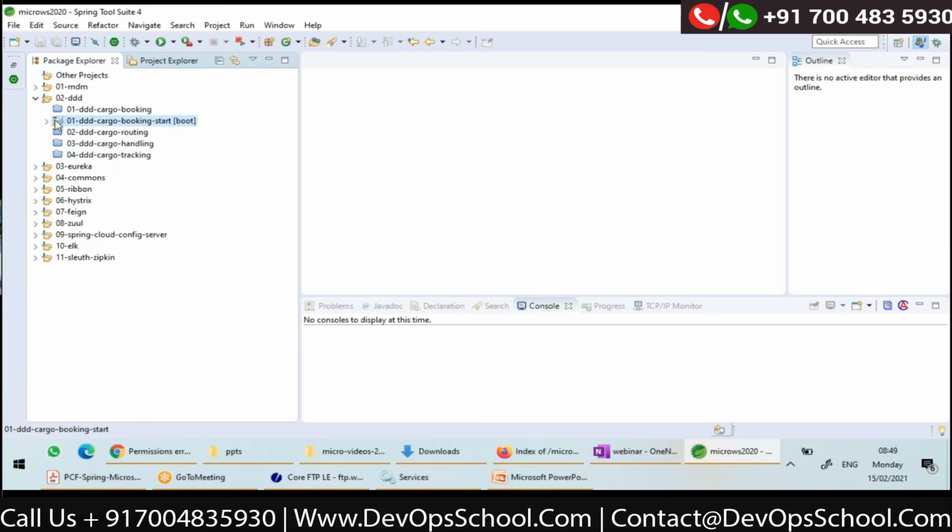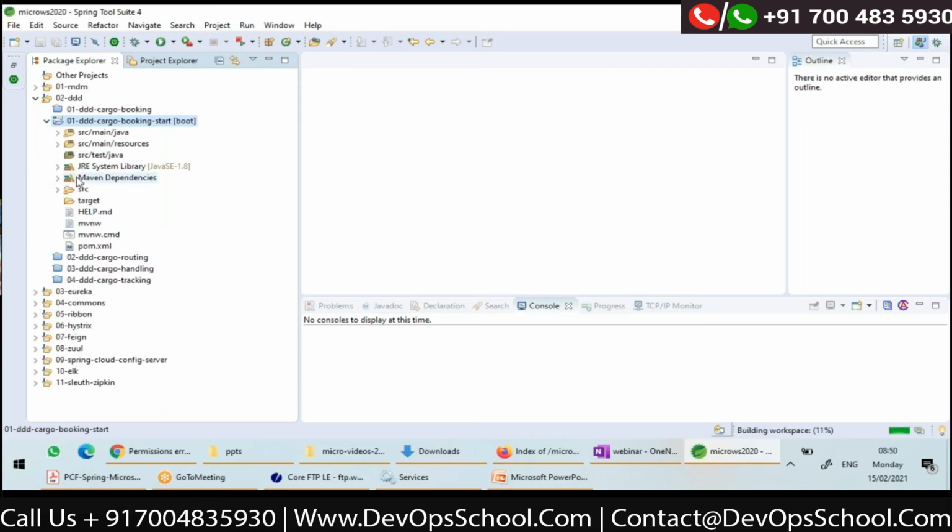Step by step, I will show you how I will design my cargo application, right? So this is a normal Spring Boot application, nothing related to Eureka right now. A simple plain application I'm going to implement.